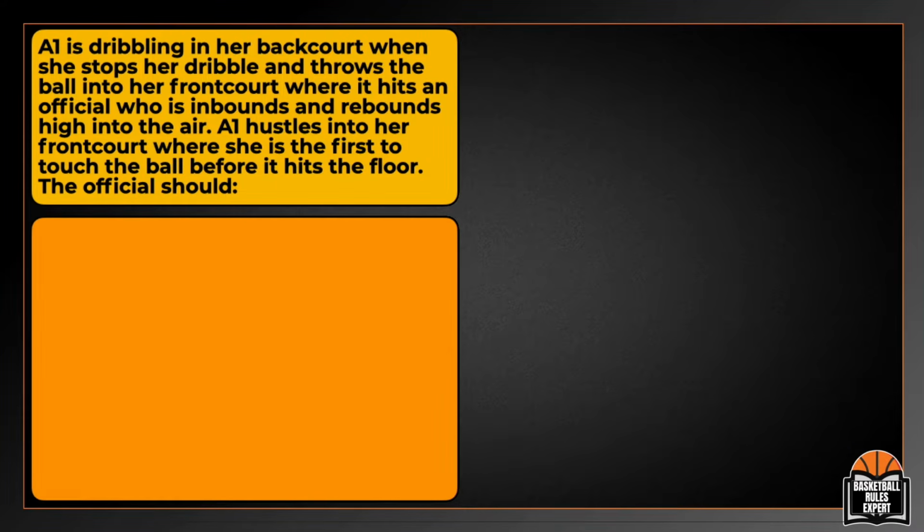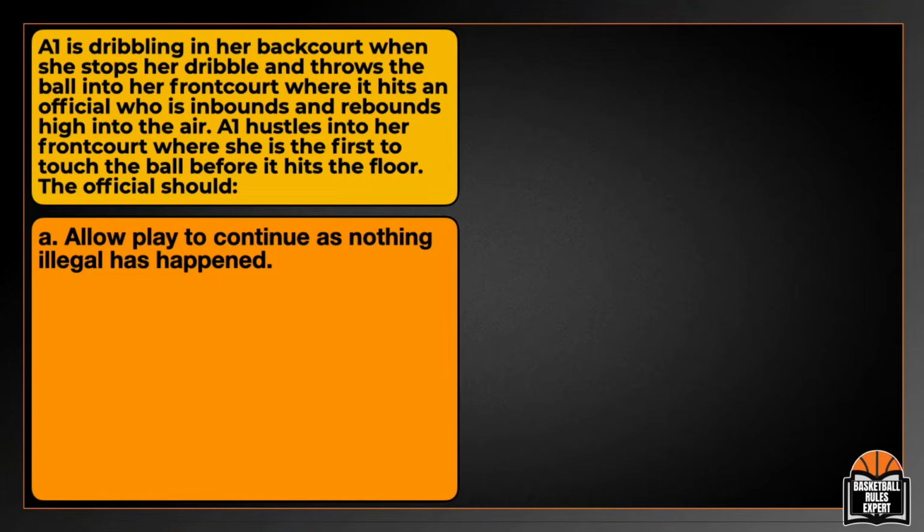A1 is dribbling in her backcourt when she stops her dribble and throws the ball into her front court, where it hits an official who is inbounds and rebounds high into the air. A1 hustles into her front court, where she is the first to touch the ball before it hits the floor. The official should